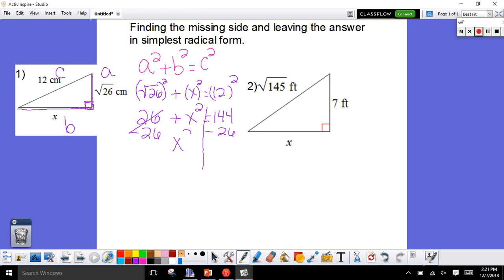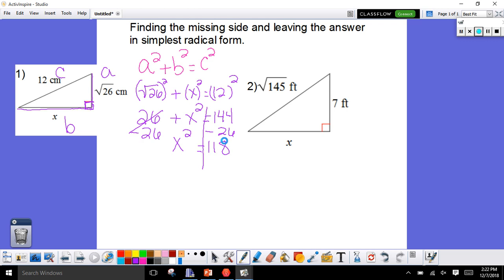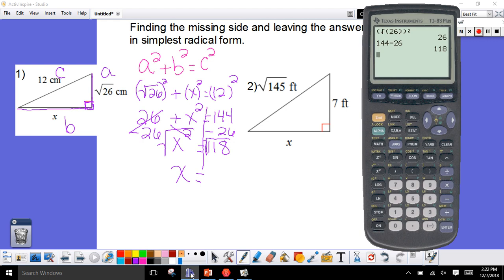That leaves me with x squared equals, we go to our calculator and we put 144 minus 26. My answer is 118. Second step, remember I need to get rid of the exponent. So to cancel an exponent, opposite to that is taking the square root. So I'm going to take the square root. It cancels out here, so I have x equals